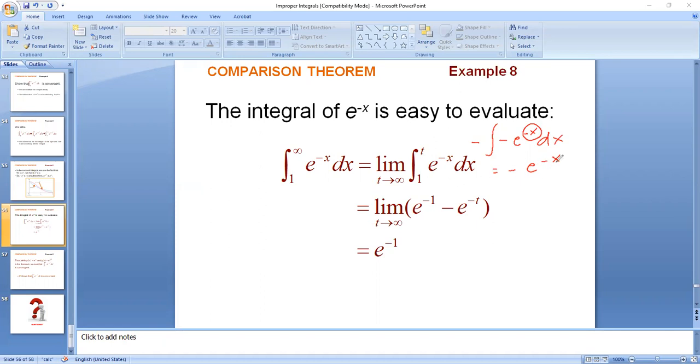Okay, negative x was changed to first, the t. Why is this negative 1? Let me check. So the upper limit is t. This is your integral already. Wait lang. And then you have the limit of